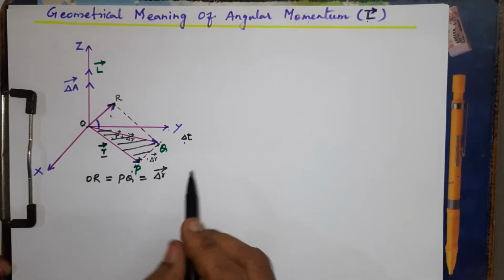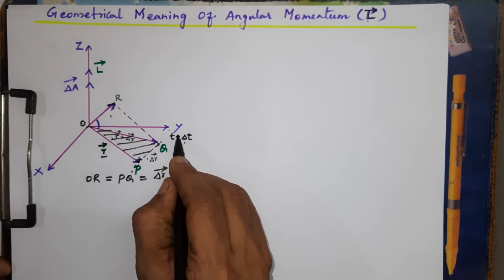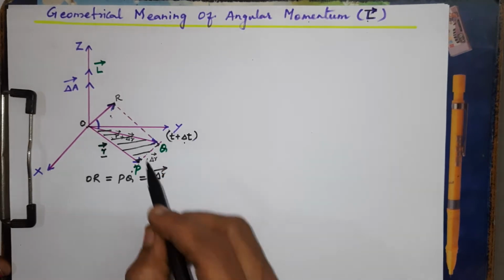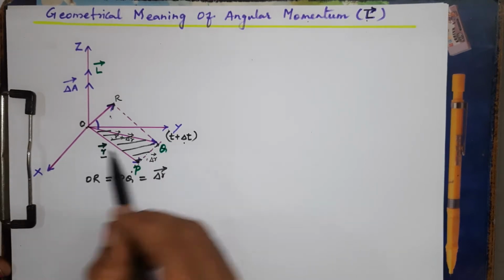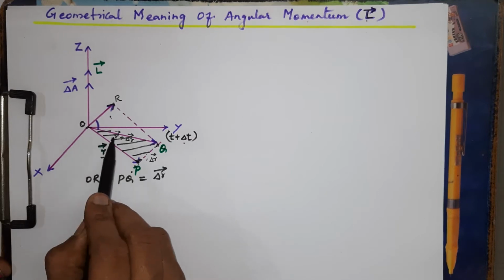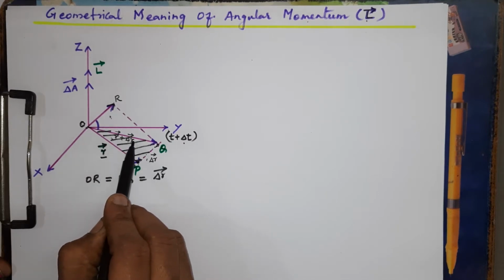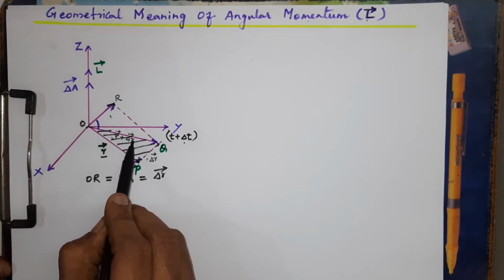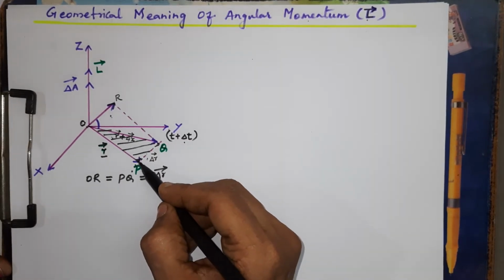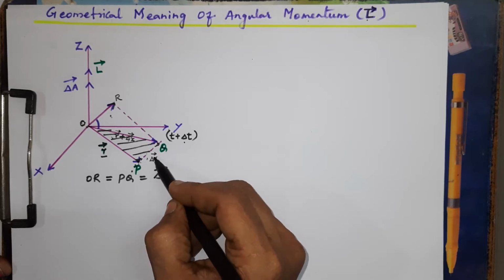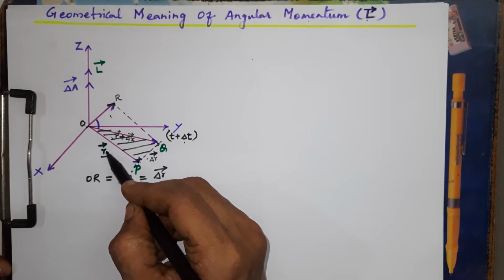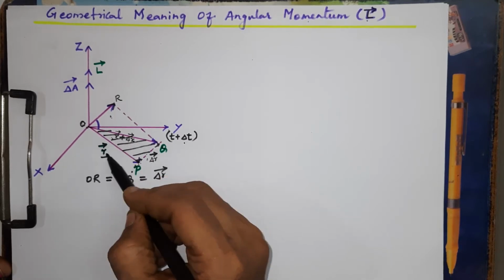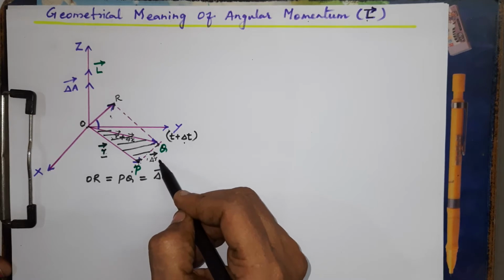When time increases from t to t plus delta t, the particle is rotated to the point Q, and its distance from the center is now r vector plus delta r vector. Now the distance also increases. The position is now added with the delta r. So what is the smallest displacement between P and Q? That is given by delta r vector. When r and r plus delta r are subtracted, you will get the displacement.